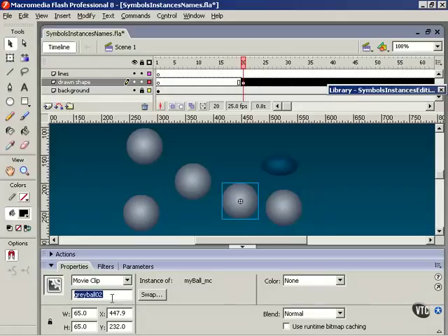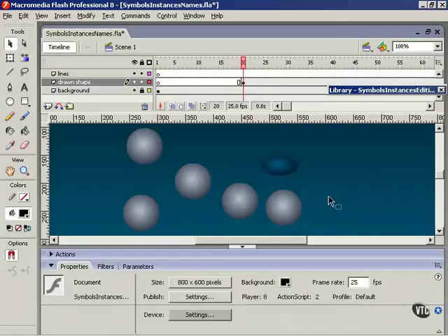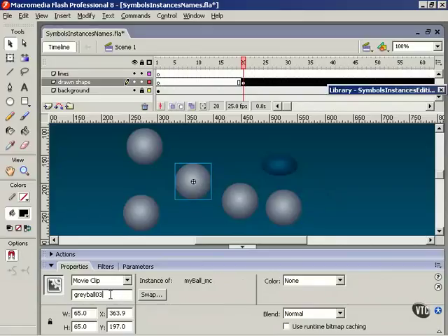Now, once you've typed the name in here, you can apply it by either hitting the Enter or Return key, or simply clicking away. Selecting another object will automatically apply it as well. Call this Grayball03, click away, and when I come back, it's still there. So, one very important thing to keep in mind, again, is that each instance should have a unique name. But another, possibly more important thing,